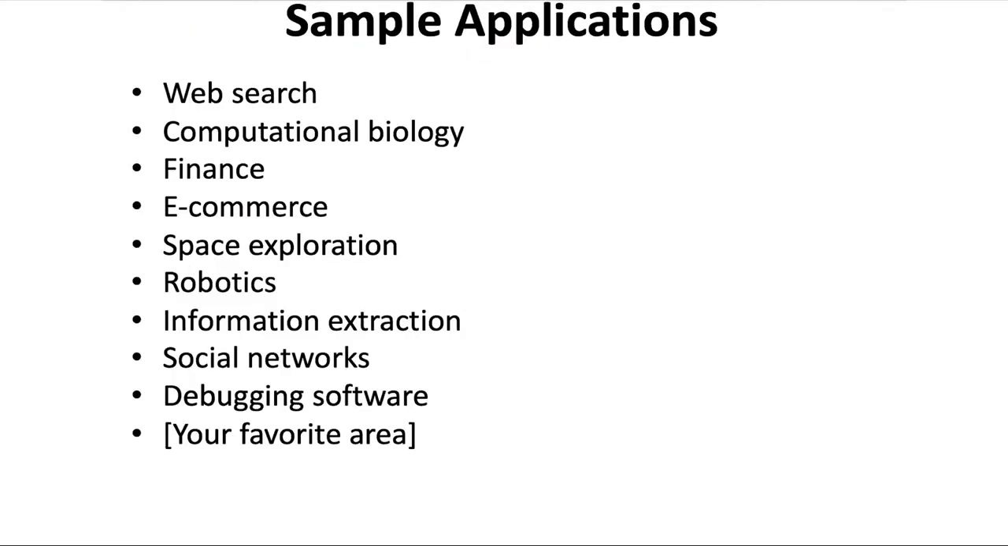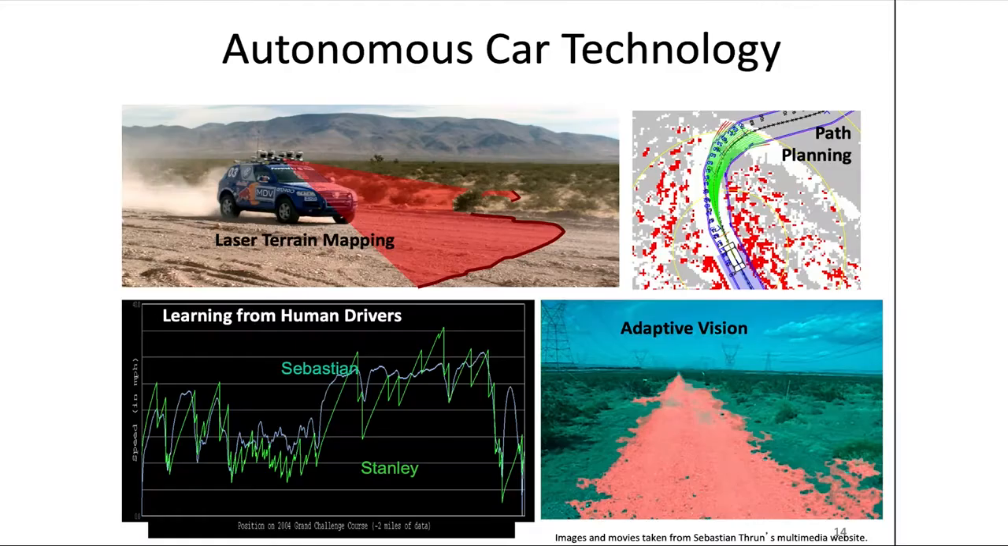Here's some more sample applications for machine learning and deep learning models. Web search, computational biology, as we talked earlier with genomics, finance, stock prediction, e-commerce, space exploration, robotics, information extraction, social networks, and as you can see, your favorite area, machine learning has applications in nearly every field possible, whatever you want. Let's talk about one specific application,